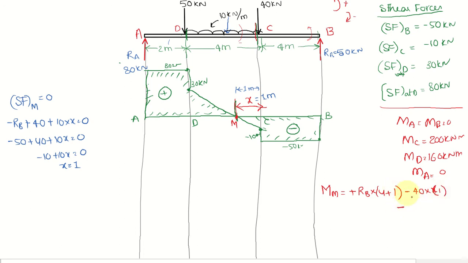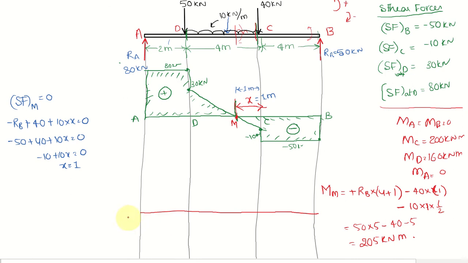So minus, we have 10 kilonewton acting over x, that is 1 meter, and the distance is 1 by 2 up to M, distance is 1 by 2, right. This UDL I am talking about. So that is how much, so RB is 50 into 5 minus 40 into 1, that is 40 minus 5. So if you calculate that, we will get 205 kilonewton meter. So let us now draw the bending moment diagram also for this.